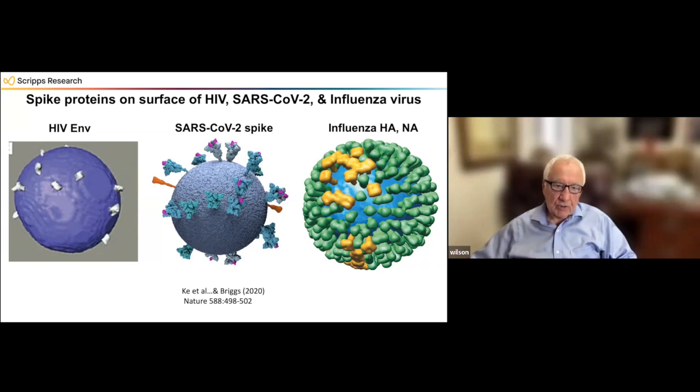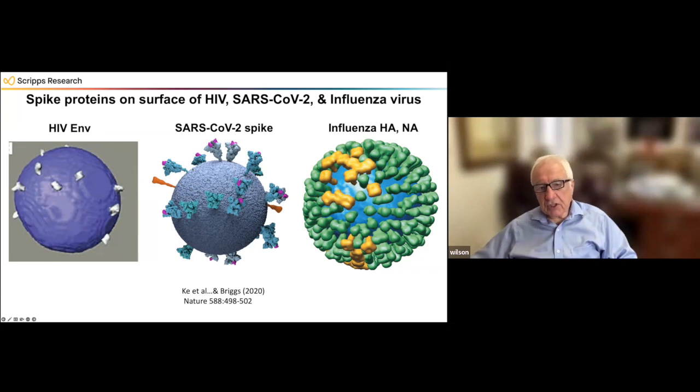And so these spike proteins are involved in that. And to do that, they have to change from what we call the pre-fusion conformation to the post-fusion conformation. And this is not the conformation that we want to see in a vaccine. And so sometimes stabilizations of proteins have to go on to keep it in this pre-fusion form, as I'll show you for SARS-CoV-2 just in a second.